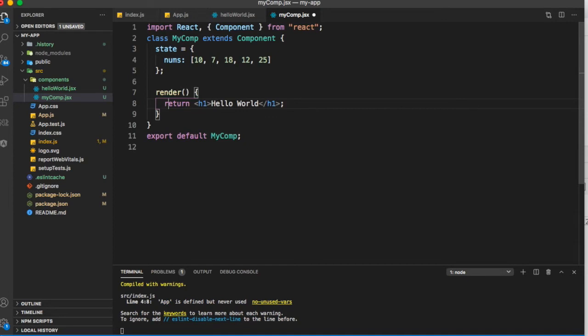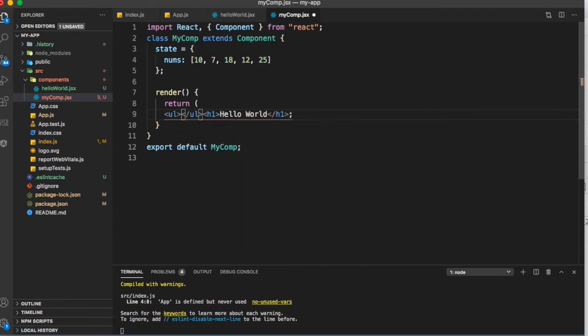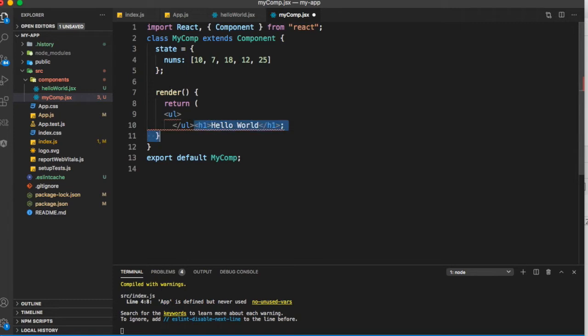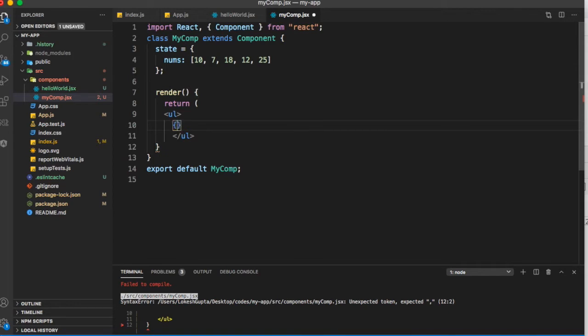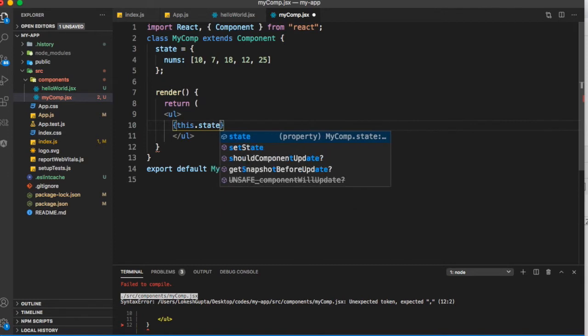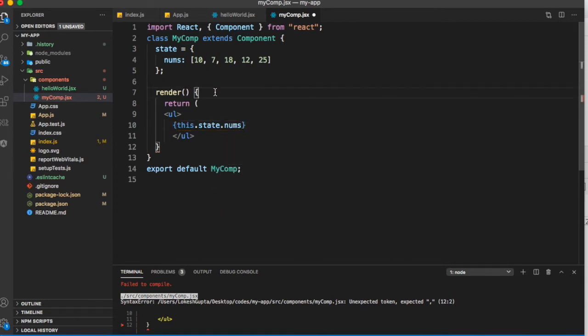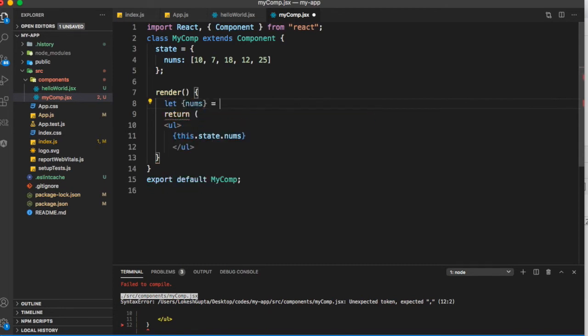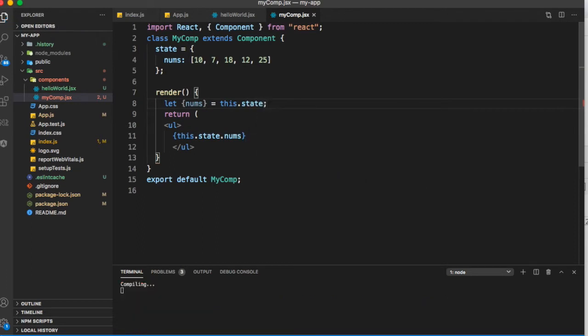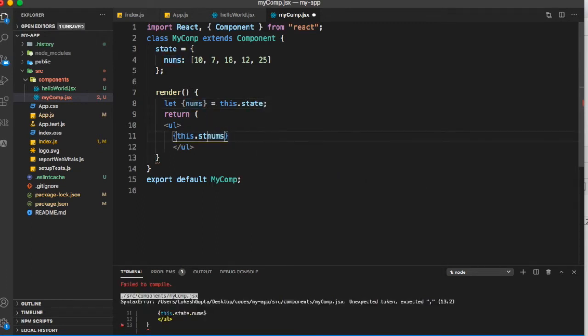So I can go to my return here, and what we can say is I want to render it as a list, so I can just put in a UL, and within the UL we will just use a map on this.state.nums. So instead of the standard thing that we would use, I will just say let nums equal to this.state. So I can just say nums.map